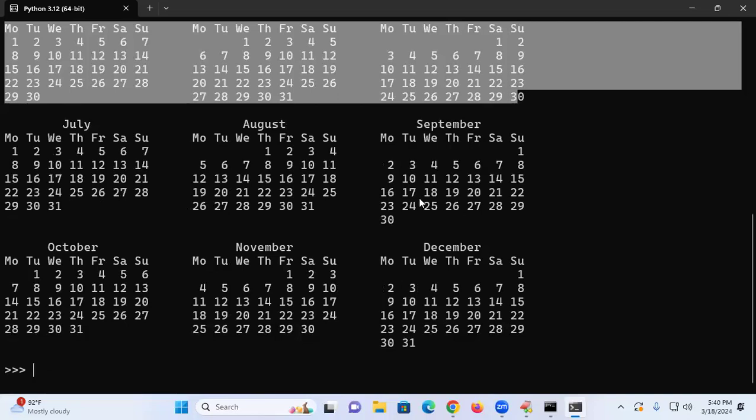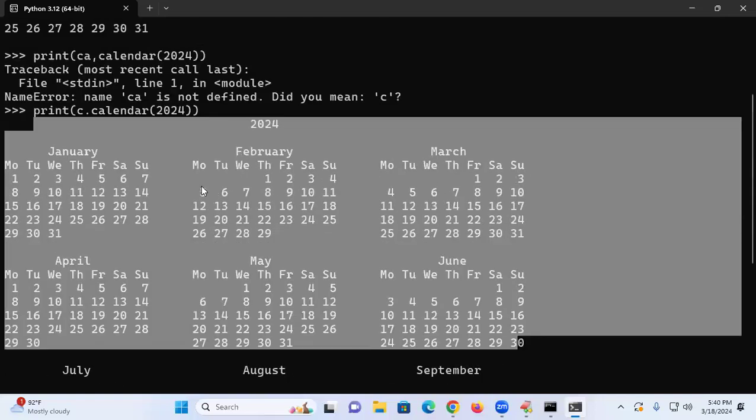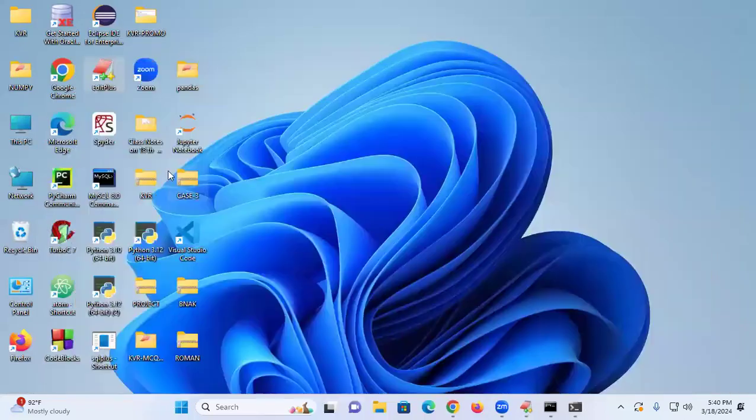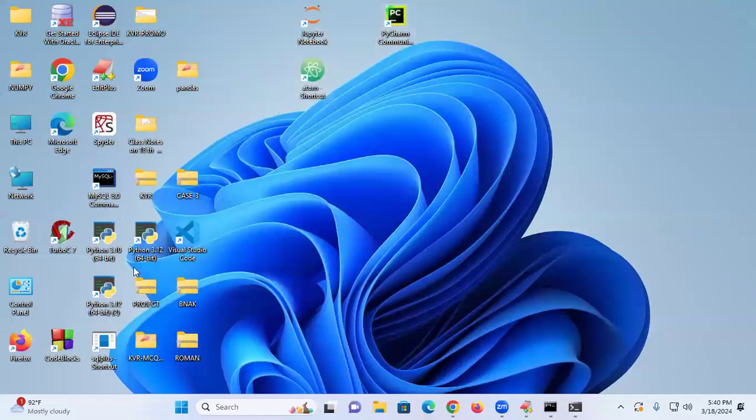Is it a Python code or not? The same code I can write in where? IDLE also. But why is IDLE somewhat better than this? I will tell you. But in real time, neither I will use CMD command prompt, nor I will use IDLE. I will straightaway go to third level programming: Jupyter Notebook, what industry needs for data science, and PyCharm, and the next is called Atom, and next is called, you know, VS Code, and next is called Spyder. These are the real-time IDEs.